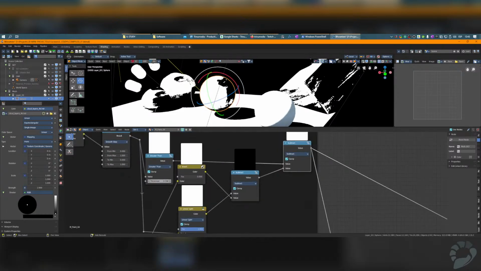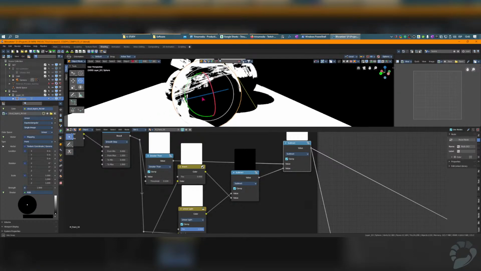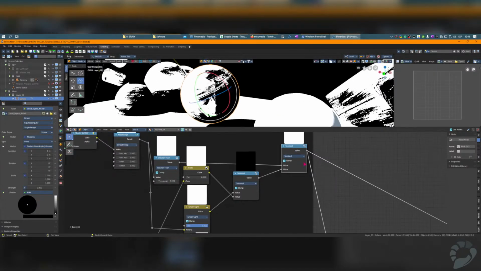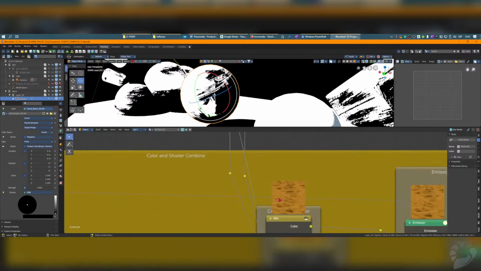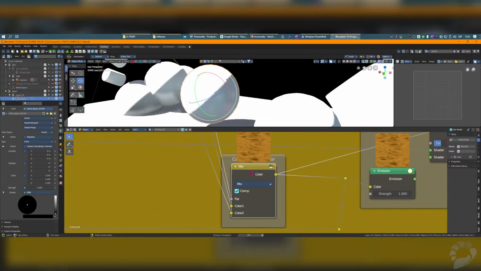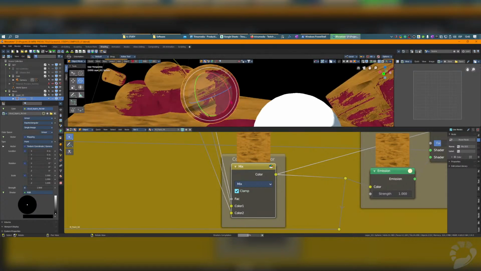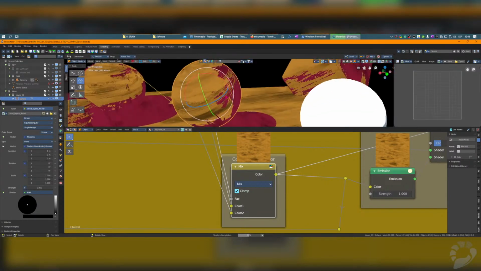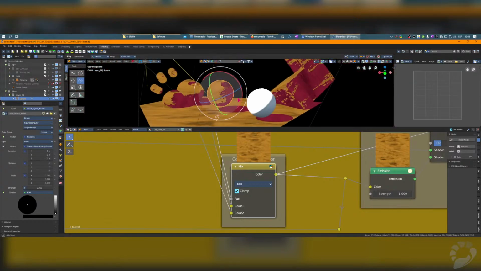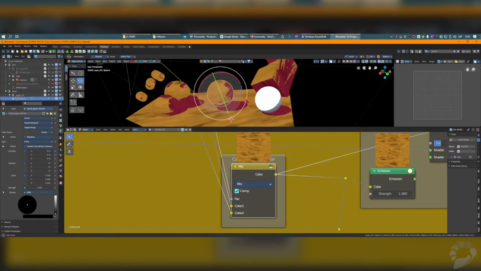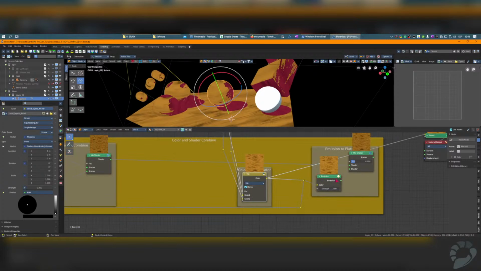But obviously this is where I need to create some artistic direction to control how I want my shadows to be. So in this case, my system is set up to be quite high contrast. And I use this as my mix factor between the two colors. So let's get the two colors and we'll mix them back together, and that's how we can see the two different colors working together into my data. So I use these colors into an emission node,